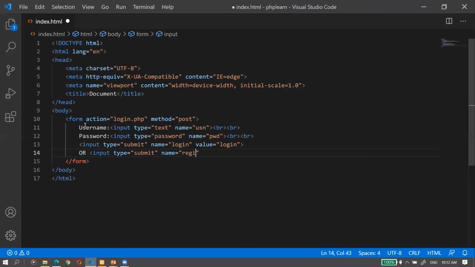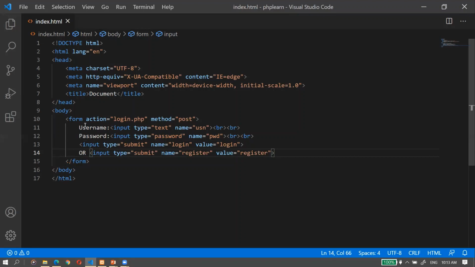If the user is a new user, then he or she may register, and the value is also register, right? So now my form is ready.